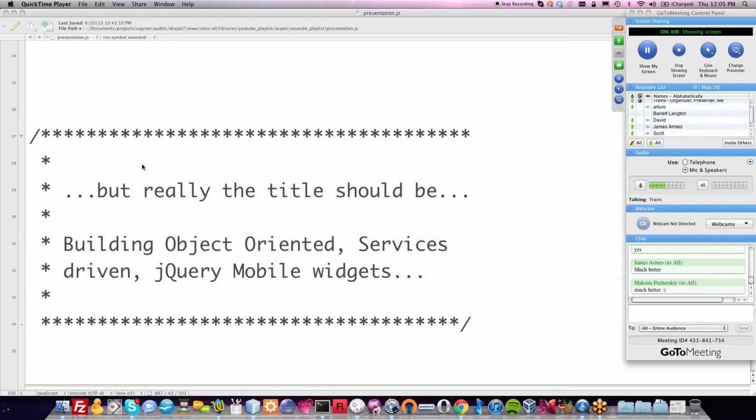But I really think the title should be Building Object-Oriented Services-Driven jQuery Mobile Widgets, which hopefully makes you a little bit more excited about this presentation, because not only am I going to be going through object-oriented JavaScript programming, but I'm also going to be talking about interacting with a real-life service. In this case, we're going to be interacting with the YouTube playlist API, and then also we're going to be using jQuery Mobile, which is essentially jQuery,